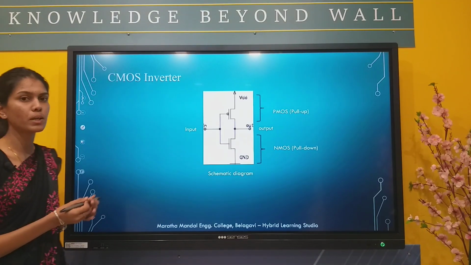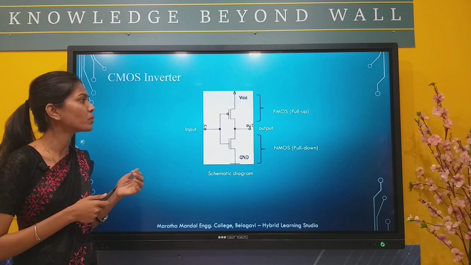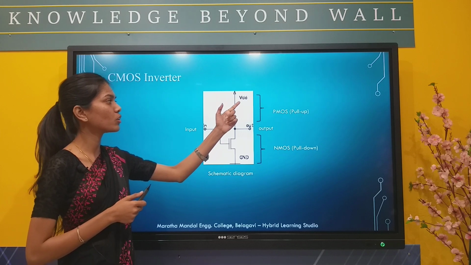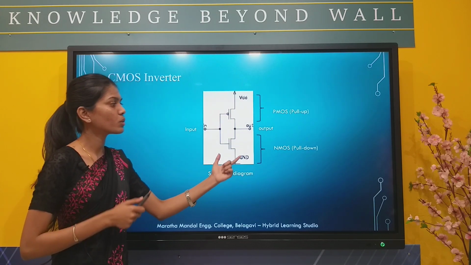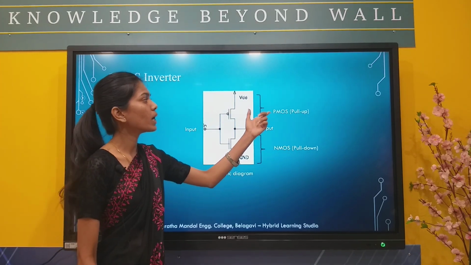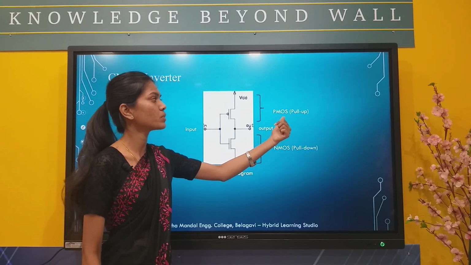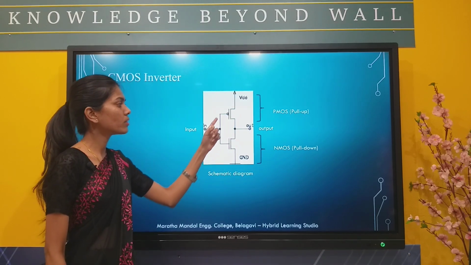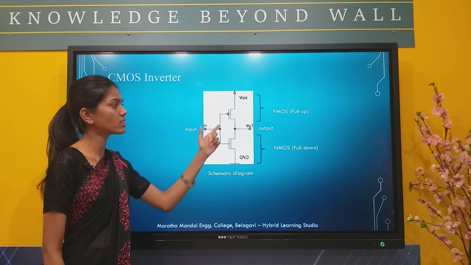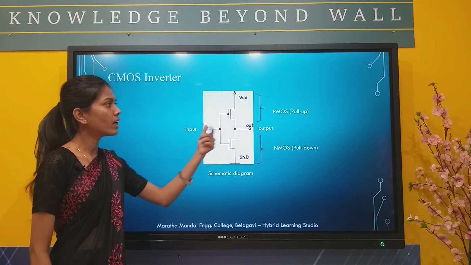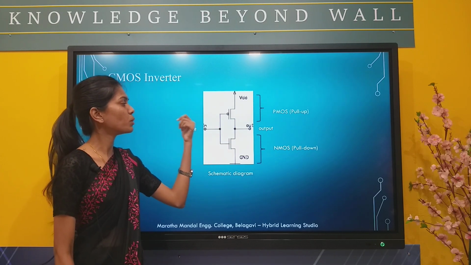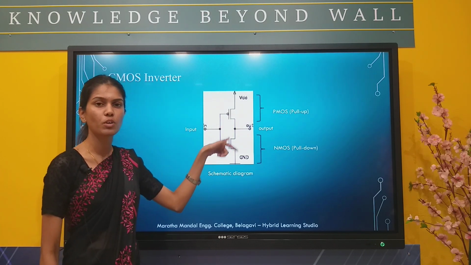Next we will see the basic CMOS inverter. We will see the basic structure of the CMOS inverter, which includes one PMOS and one NMOS. Here the NMOS is connected below, so it is the pull down network, and the PMOS is connected up, so it is the pull up network. The gates of both are combined, and I can give the input there. In CMOS inverters, or any other CMOS, the output is always taken from the drain terminal.